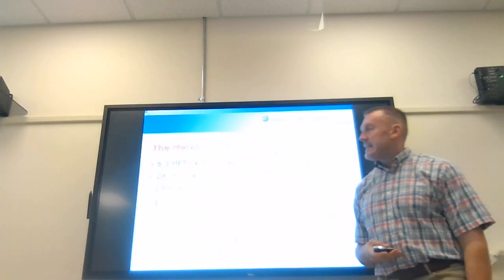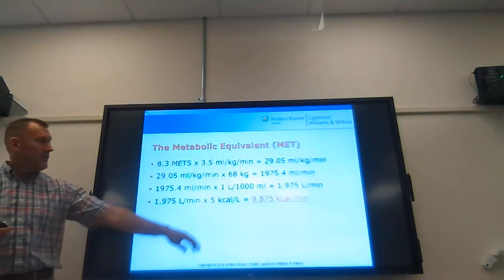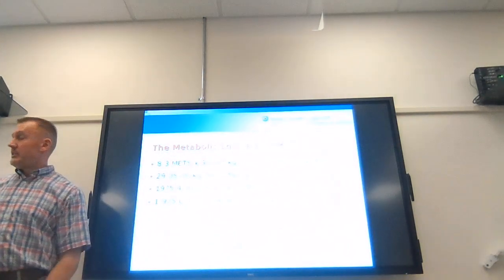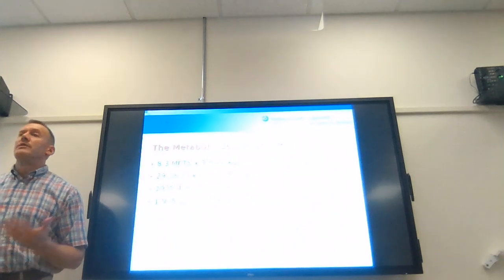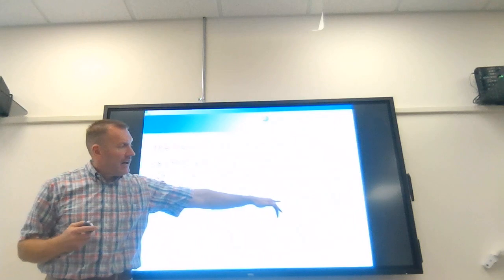Okay, so the very next step, pretty simple. You've got your liters. You know approximately how many calories per liter of oxygen consumed, assuming we're in a steady state. So you get 9.875 calories per